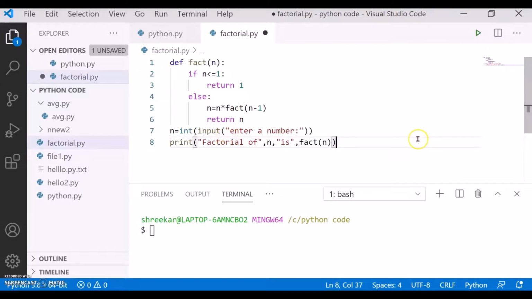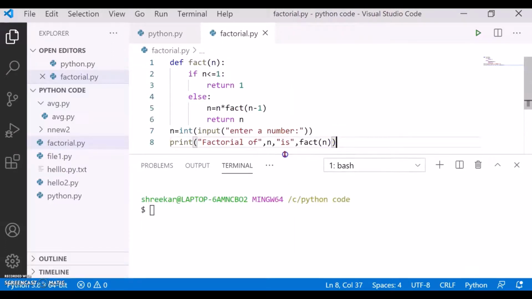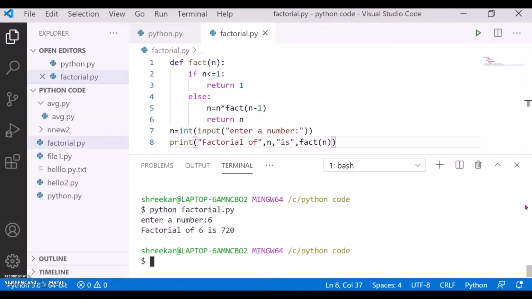Okay, Control S for saving. Check whether my program code is working or not. python factorial.py, enter a number, let's say 6, yes 720.